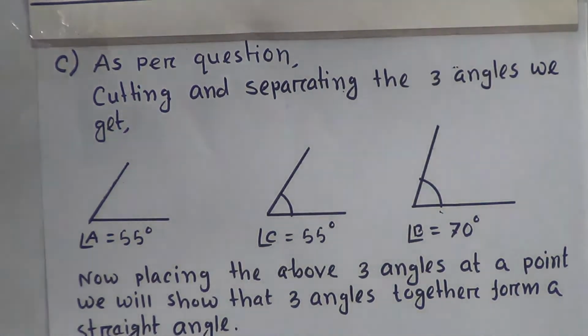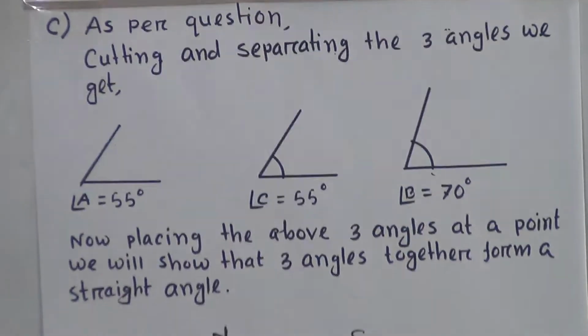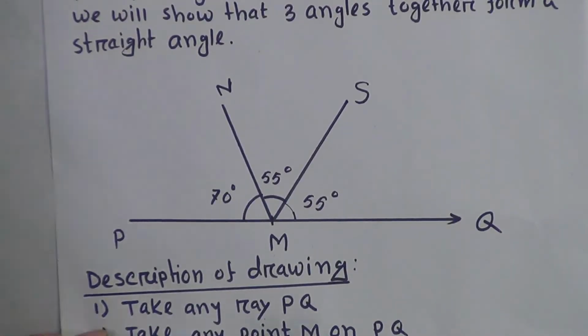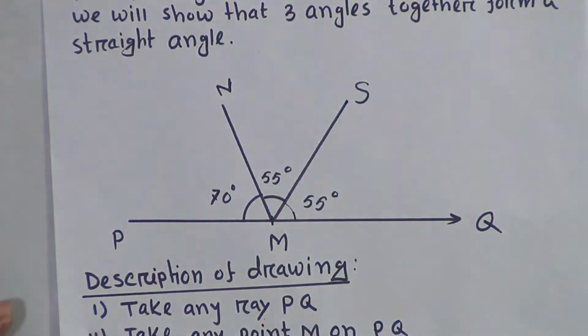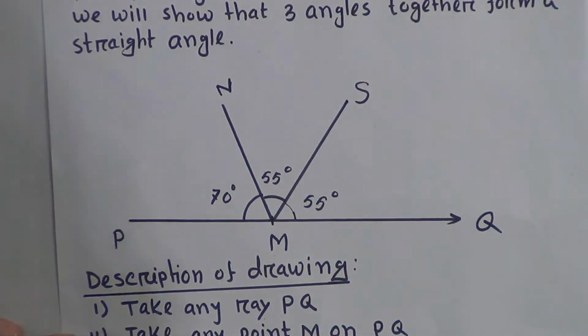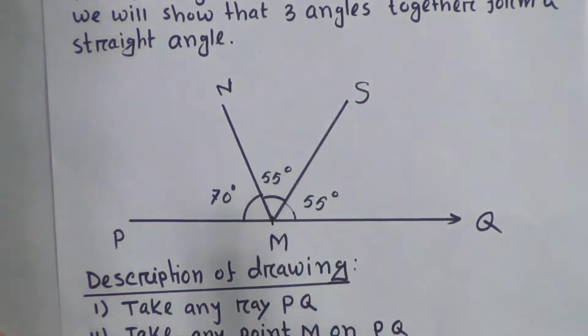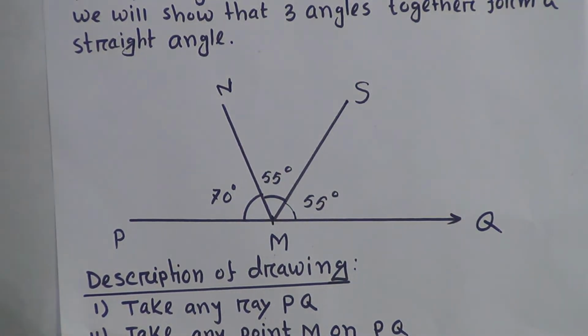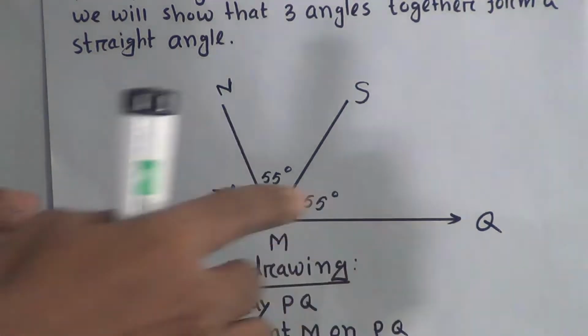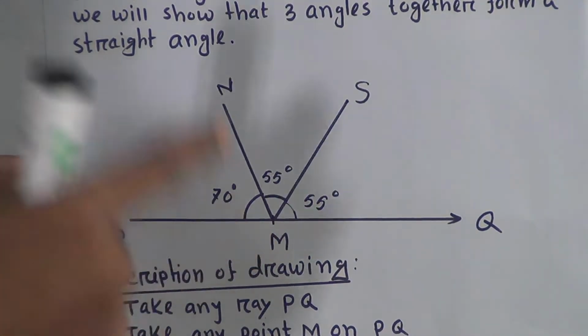Okay, straight angle, that means 180 degree angles. You see, at first we take any ray PQ. Take any ray PQ. Okay, you see the step. Then take any point M on PQ. Then at the point M we draw